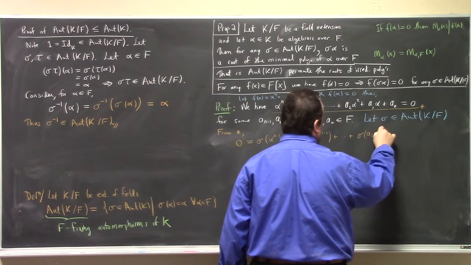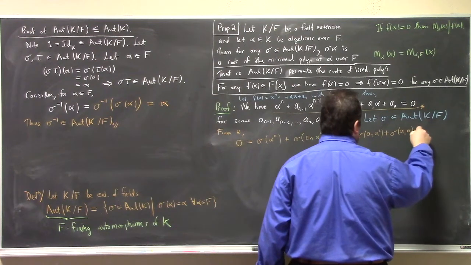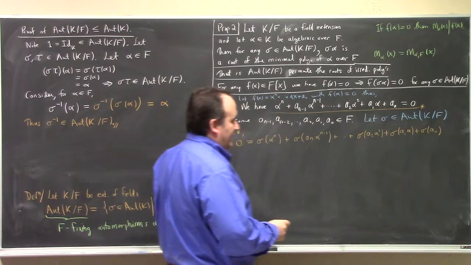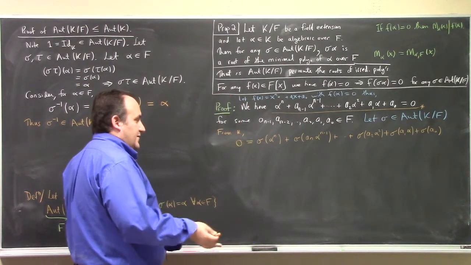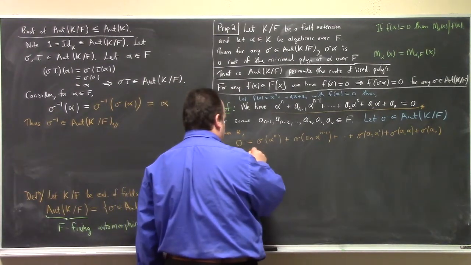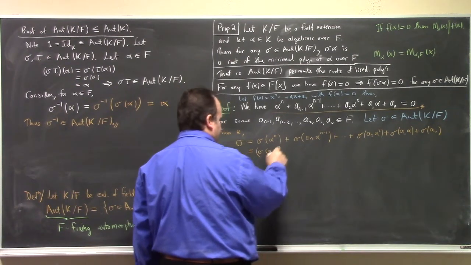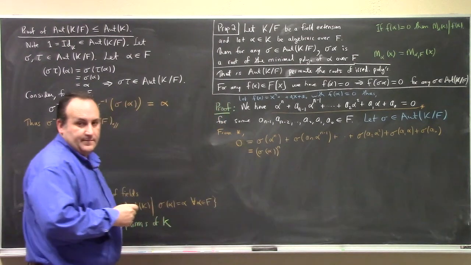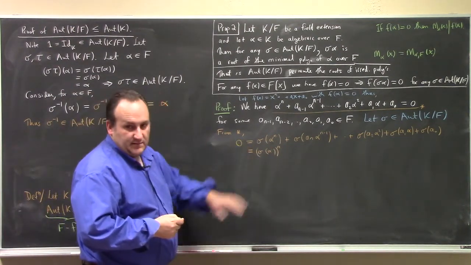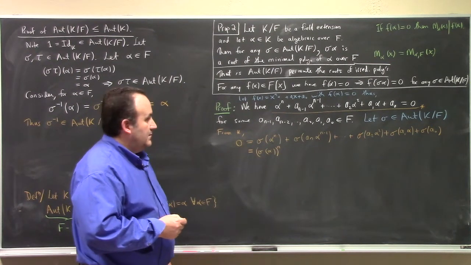So this is by additivity, which of course, if you have additivity for two things, by induction you can make it work for n things, right? But we also know that sigma is a homomorphism, right? So that means that sigma of alpha to the n is sigma of alpha to the n. Star and star equaling each other.